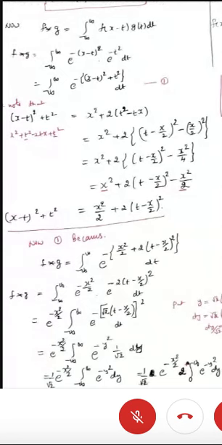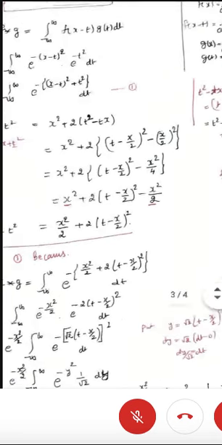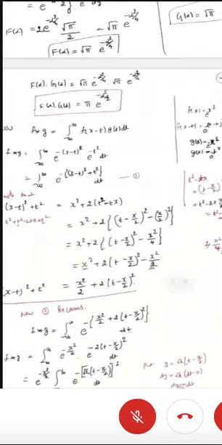So from equation 1, f star g is my integration from minus infinity to plus infinity e power minus x square by 2 plus 2 into t minus x by 2 whole square dt. By separating e power minus x square by 2, you will get e power minus 2 into t minus x by 2 whole square. To solve this, we have to apply the substitution method. Let us take y equal to root 2 into t minus x by 2. Dy is root 2 dt minus 0. Dy by dt is nothing but root 2, so dy by root 2 is dt.